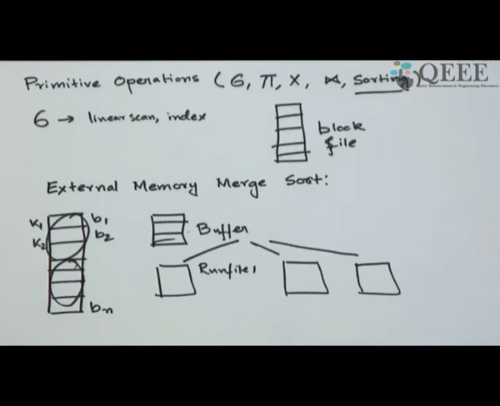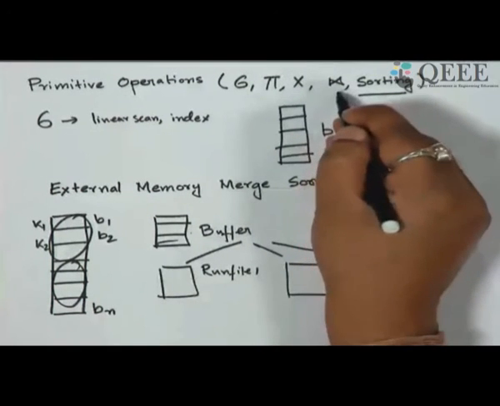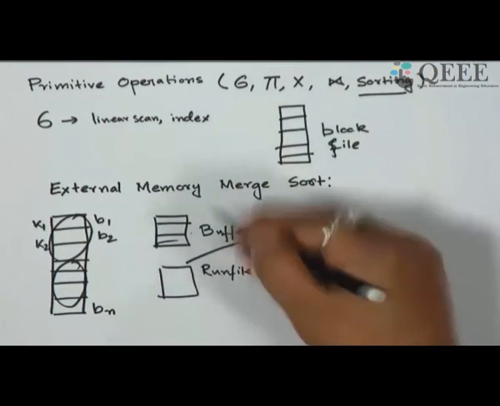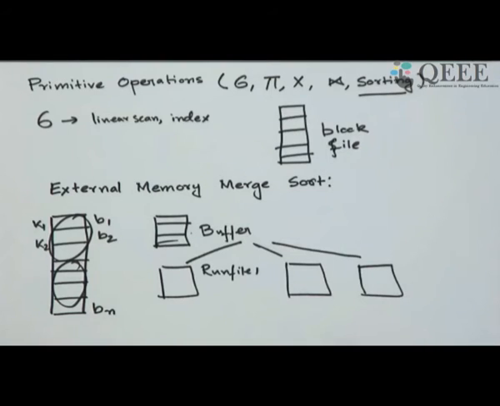Similarly, there are many other methods for doing joining, for doing Cartesian product, which use these techniques and use the external memory to do it. Again, for lack of time, I am not covering them. In the textbook, they are nicely explained. In my slides also, they are explained. You can go through them.